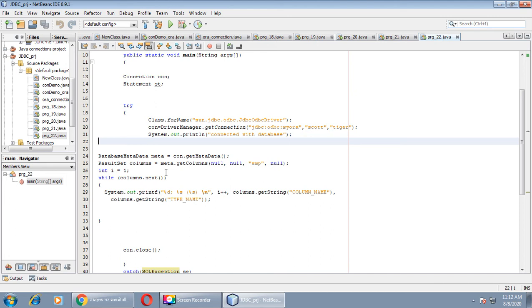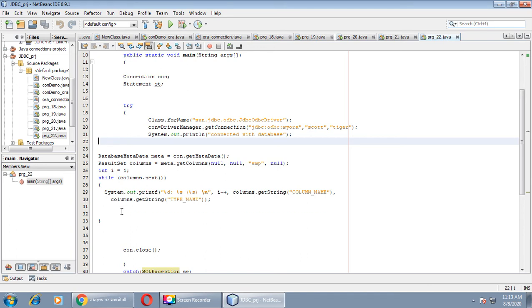Now we will iterate with the help of a while loop using the next method, columns.next. In the previous program I created one object with the name rs. Instead of that I have taken columns in this program. So this is the same as rs.next, but the name of the object here is columns, and through that object we can iterate with the help of the next method, columns.next.